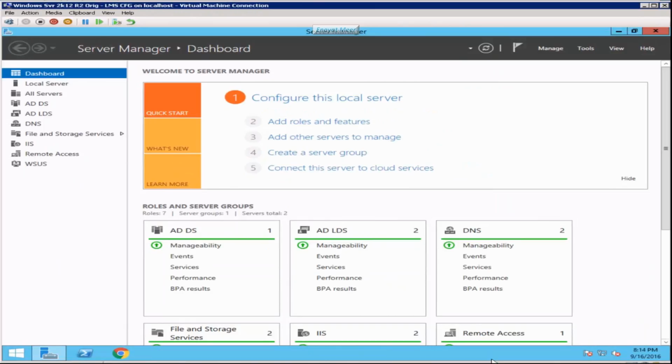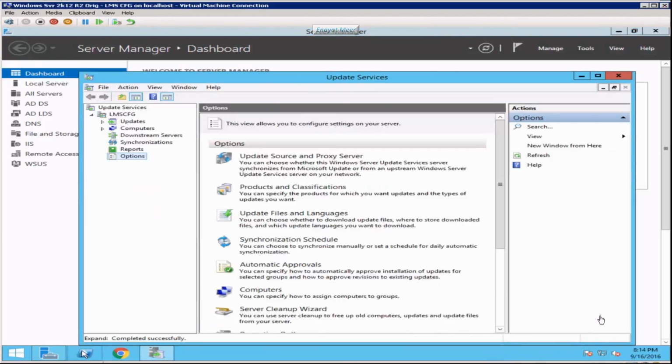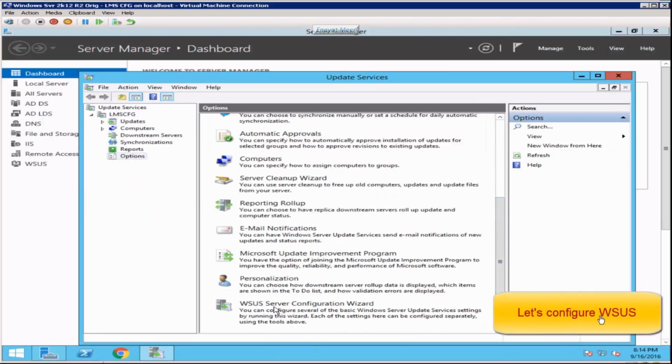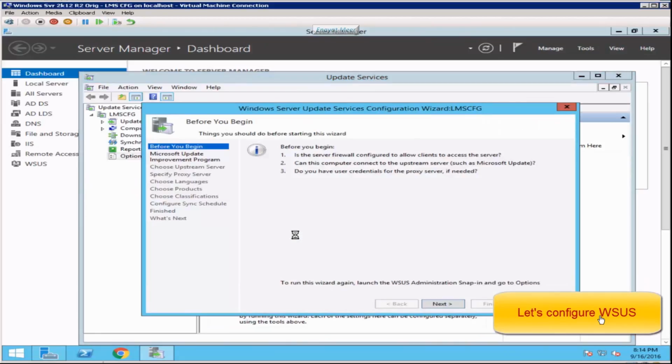So I have just installed WSUS. Now we are going to configure WSUS. You can download it or you can directly install it from your add and remove programs, roles or features.